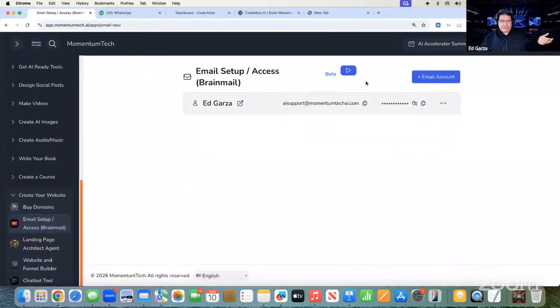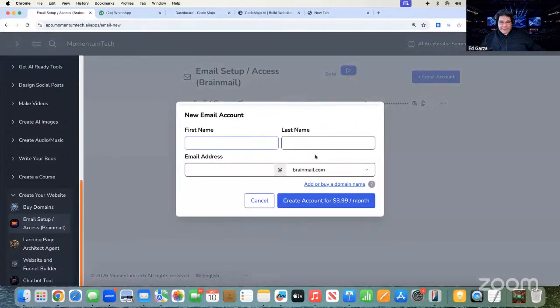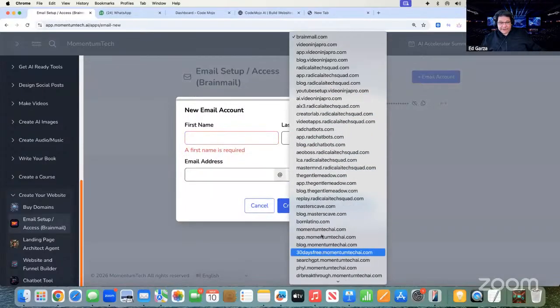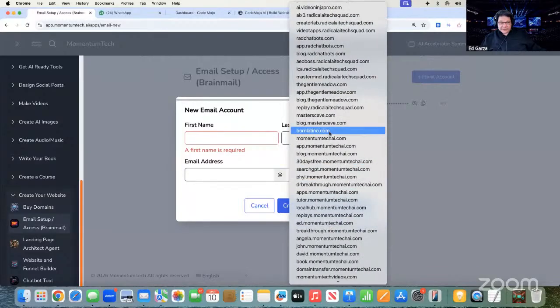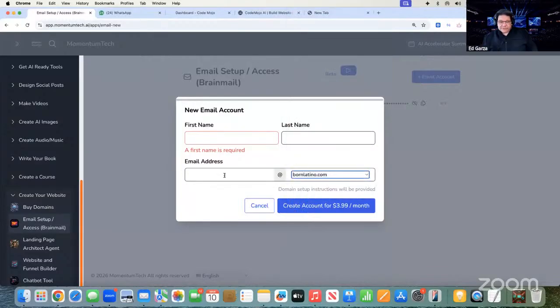So you can obviously buy an email. If I bring a domain name from somewhere else, I can buy an email now for it. Like if I want to buy an email, I can buy Born Latino. See here, it's going to be right in here. Let's look for it. Born Latino. There it is, right there. See, I can buy an email address for Born Latino right now. You guys see that? Do you understand? Born Latino is hosted here, but my registrar is GoDaddy.